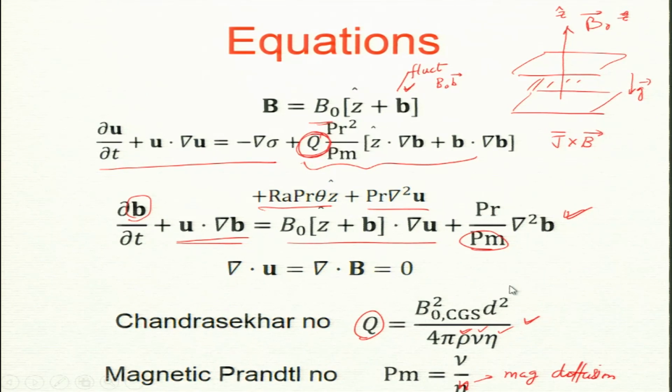Okay. So, these equations are non-dimensionalized right now. So, u and b are all non-dimensional: u is normalized by kappa by d, b is normalized by b naught, and b naught in turn has basically gone in here. So, b naught does not appear in this equation, you see. Okay. Well, in this equation b is also normalized with the velocity field.